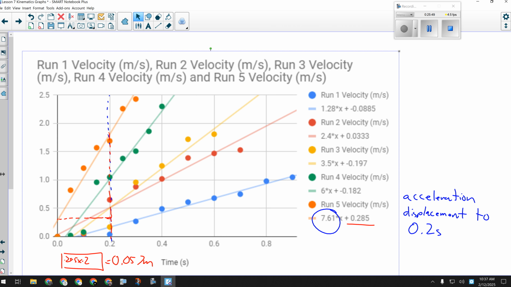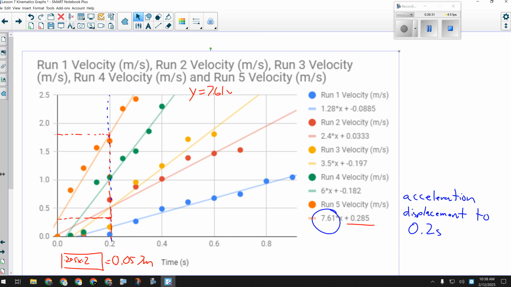Now for the triangle, I know the base. The base is still 0.2 seconds. How do I get the height of that triangle? Do I have the equation for the line? Can the equation for the line tell me what y is at 0.2 seconds? It's set up to calculate y if it's given x, right? And x is 0.2. So to get the height of the triangle, I would just go y equals